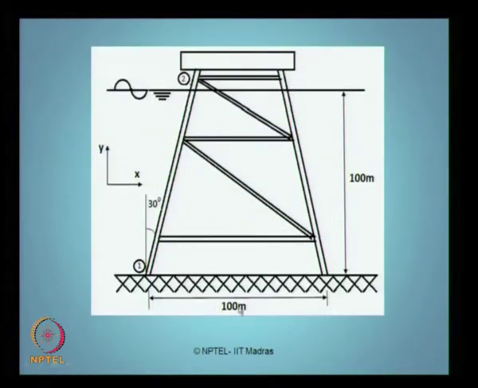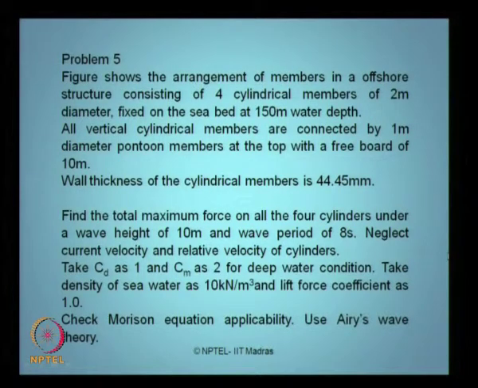So this is a problem where I got an inclined member, the member is inclined 30 degree to the vertical, this is 100 meters. So I want you to find out the forces on the member 1, 2 as shown in the figure here. Problem number 5 shows the arrangement of the members in an offshore structure consisting of 4 cylindrical members of 2 meter diameter fixed on the seabed at 150 meter water depth. All the vertical cylindrical members are connected by 1 meter diameter pontoon members with a freeboard of 10 meters. Wall thickness is given as